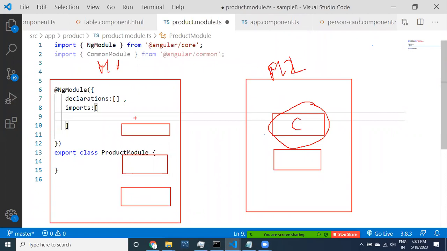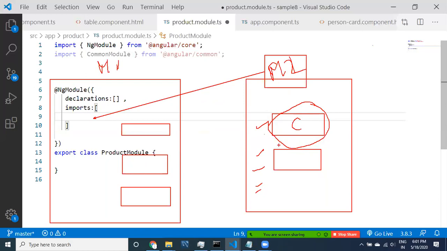If I want to use it inside module 1, you need to import that module. You have to declare module 2 in the imports, so that if you import this particular module, then only can you use these components.